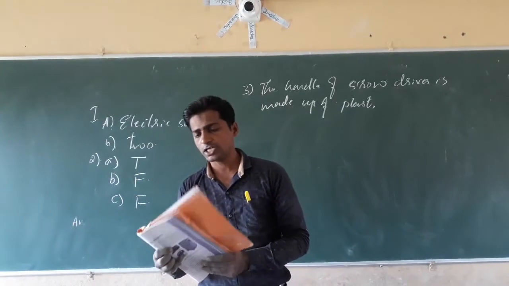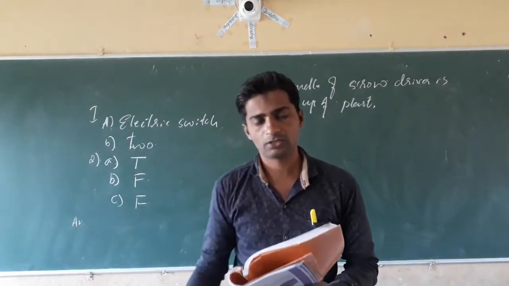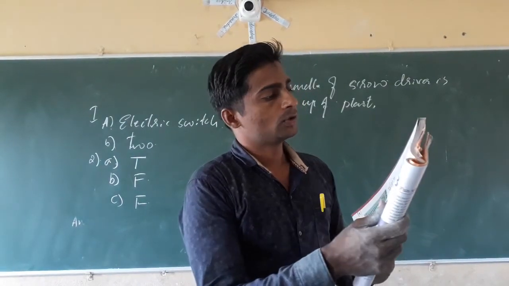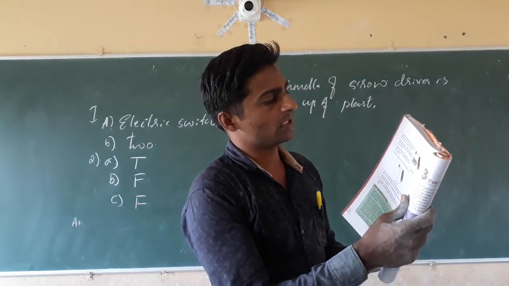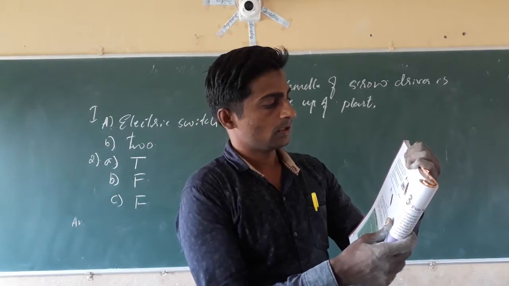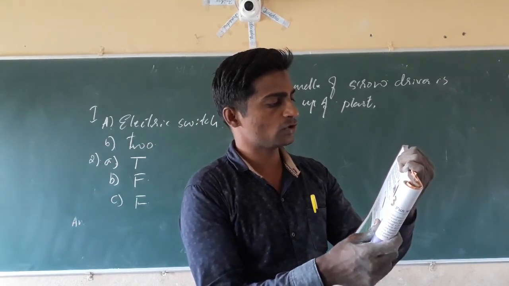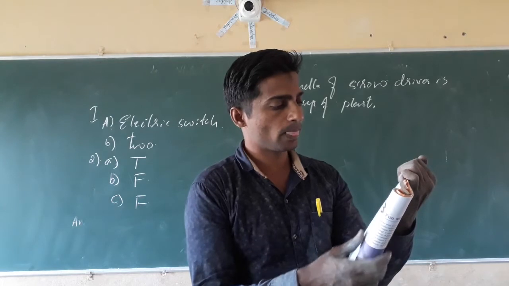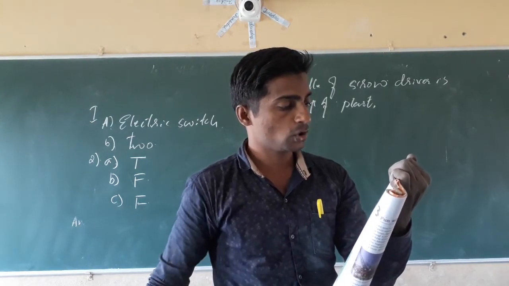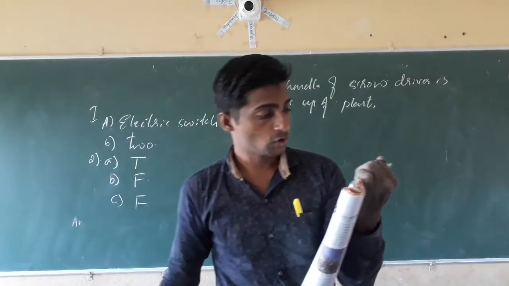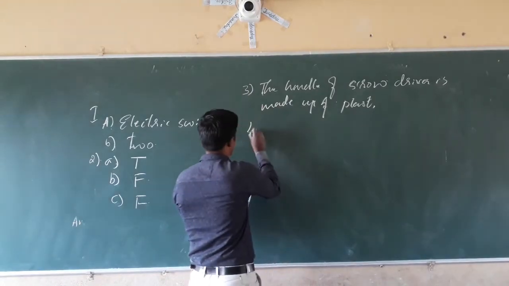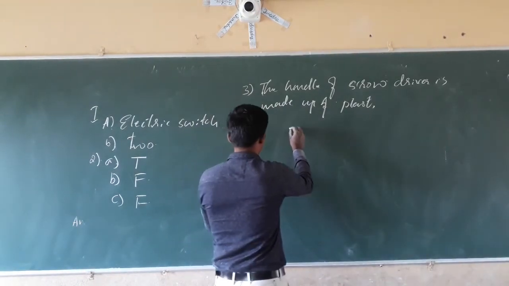Complete the drawing shown in figure 12.14 on page number 124 to indicate where the free ends of the two wires should be joined to make the bulb glow. See, complete the drawing shown in the figure. See here what happens when the bulb is there. Fourth question. Here you have one bulb.